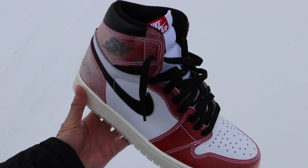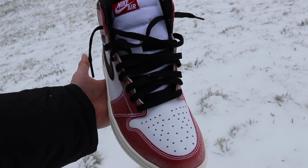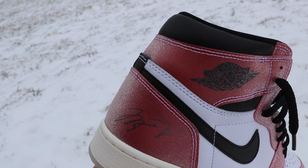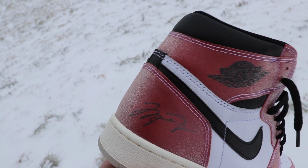So if you weren't able to get them at early prices, or if you didn't have a person that can sell, right now the price is just too high, man. It is just ridiculous right now, and I see them keep going up. I really do, especially in due time. This shoe could potentially hit like 5K. Whatever the old Chicago Off-White was, I think these will do better, if not